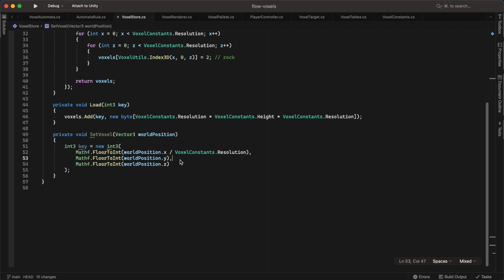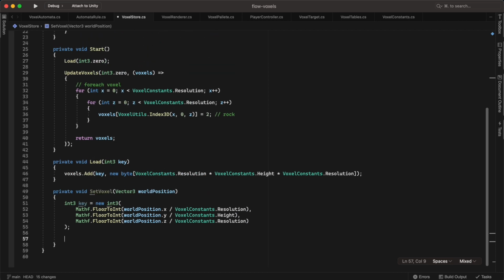And let me think, is that it? Voxel constants dot resolution. Yeah, that is how we get the key. All right, so multiply this, multiply this, multiply this, and that's going to be height. All right, so get the key,